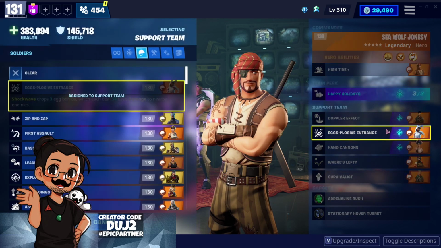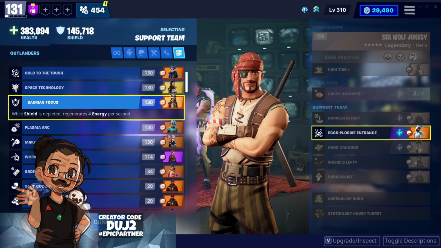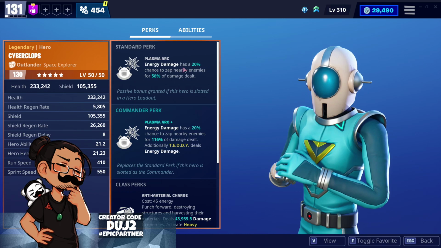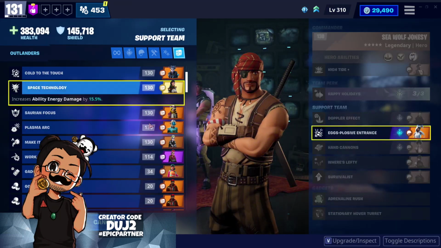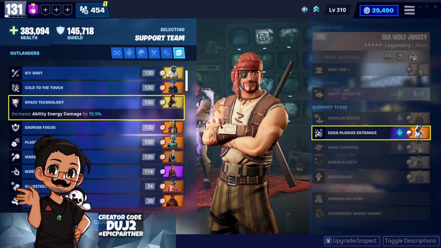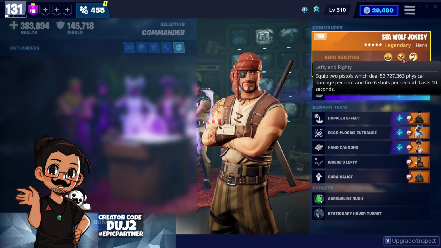You could remove her from there, or if you're using an energy weapon, you could also use Mr. Cyberclops right here. He would be giving you that plasma arc energy damage, a 20% chance to zap nearby enemies for 58% of damage dealt. That's pretty huge. Also, you could put in Space Technology, increasing ability energy damage by 15.5%, which, as we know, actually I do believe Lefty and Righty does change it to